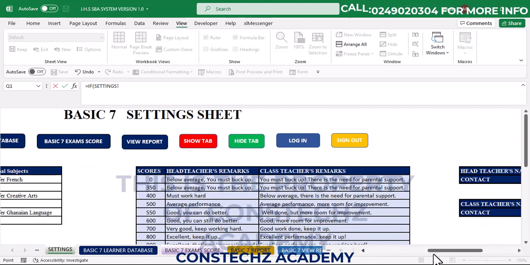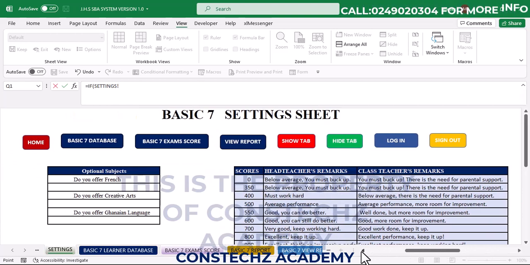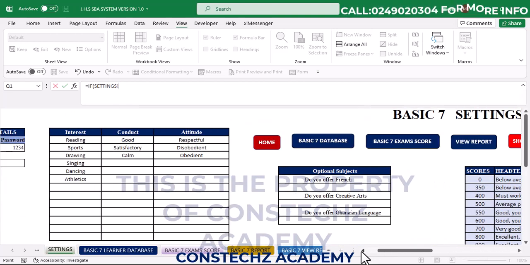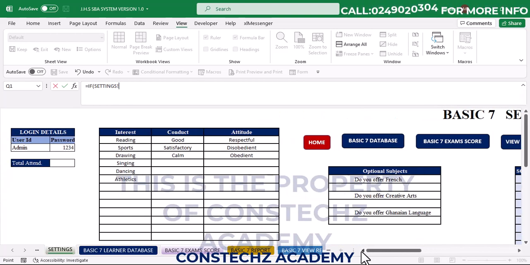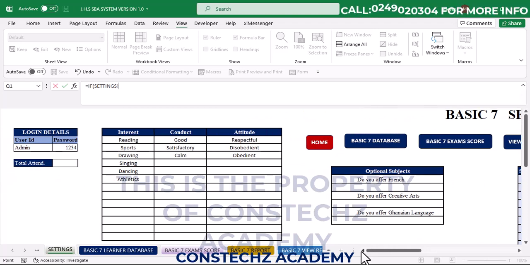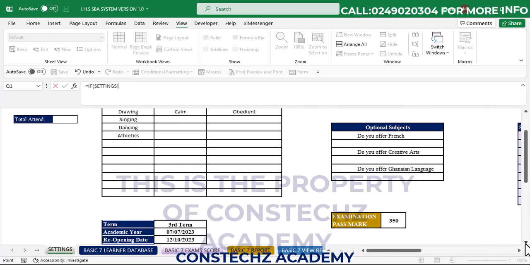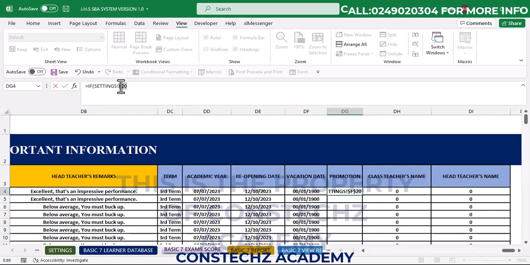If the term is third term and the student had this number of score, then let it be what? Promoted. But if it is otherwise, then repeat. So this is the term. You lock it. You make it an absolute value equal to, then